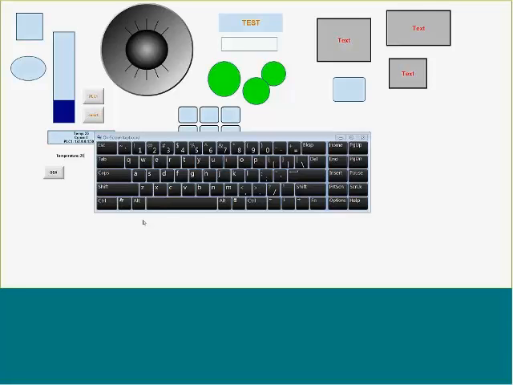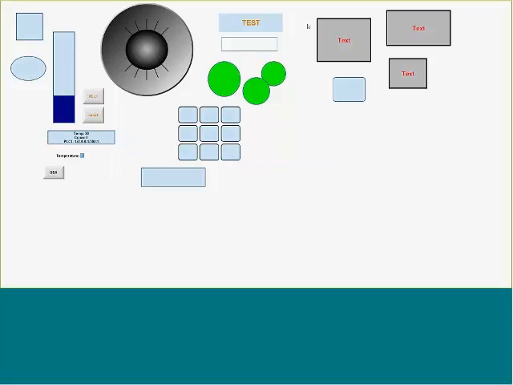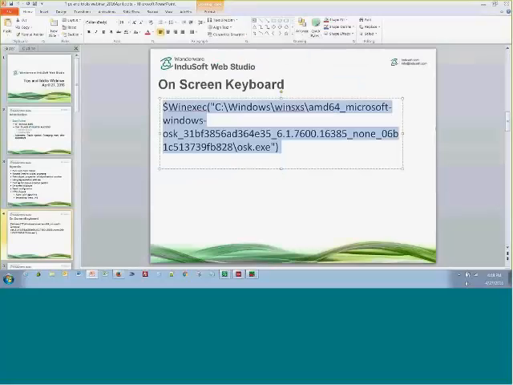So that's another alternative way to get to a touchscreen keyboard, if you don't like ours or want something different, or maybe language is an issue. So hopefully that helps you out. Good tip there, I think. Let's see here. The next thing that I want to do is, let me go ahead and run this again,